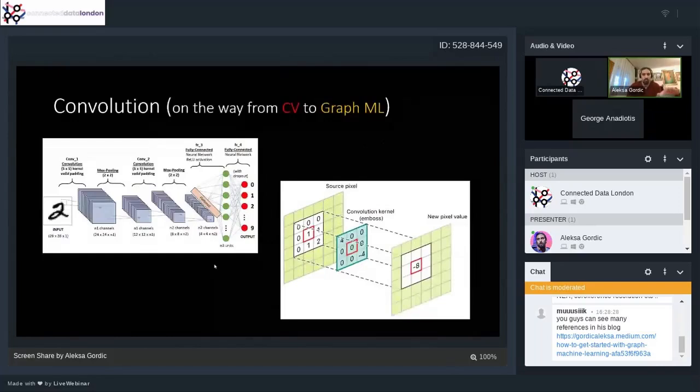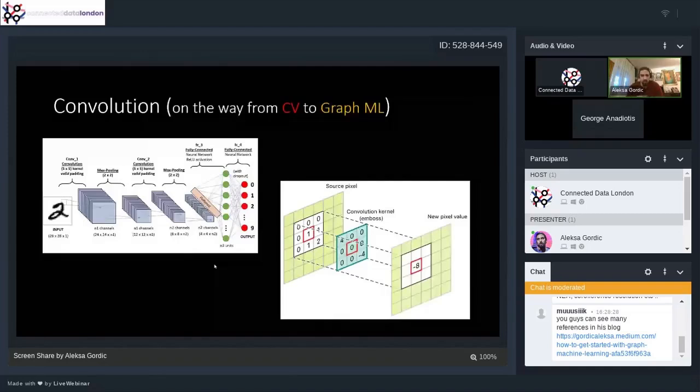So first of all, you know about ImageNet and that convolutional neural networks did miracles for the CV community. So we somehow want to generalize the notion of convolution to GraphML. So that's the first trick that the researchers had to solve. And the second thing is just background.